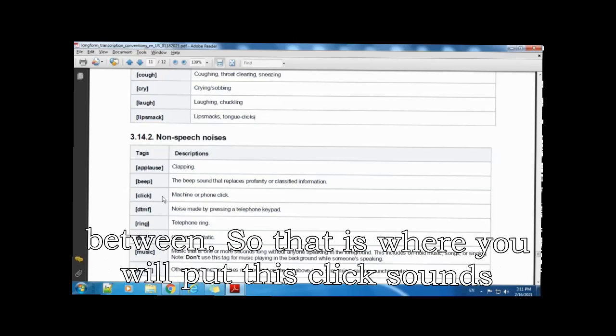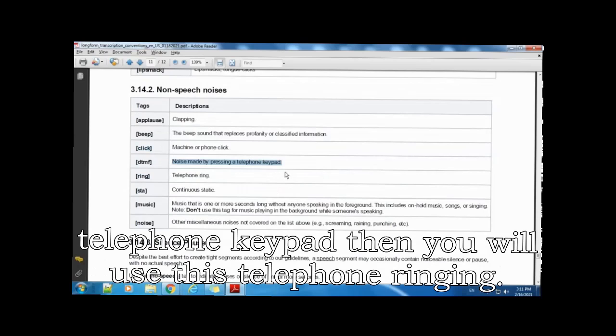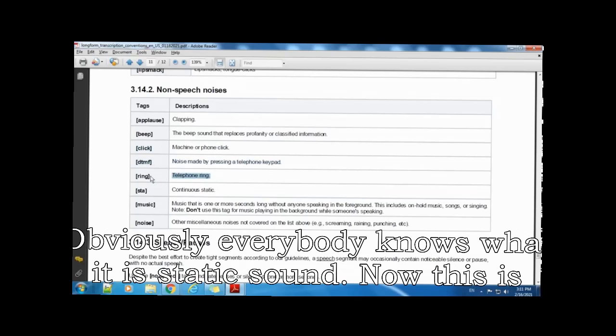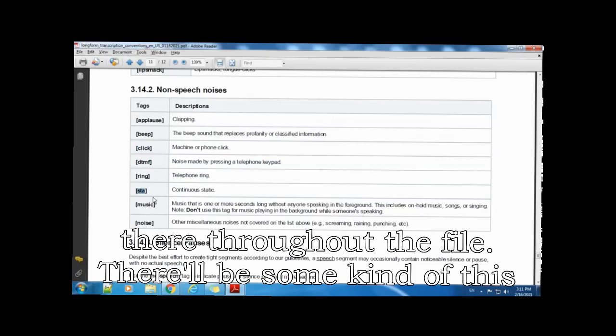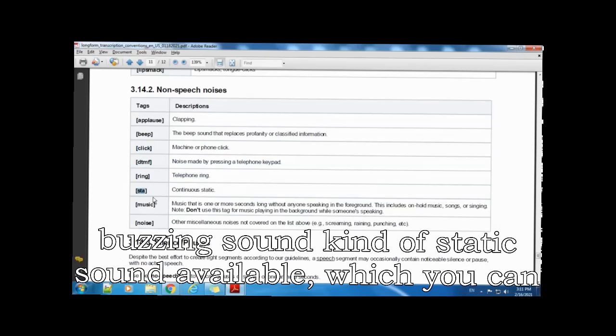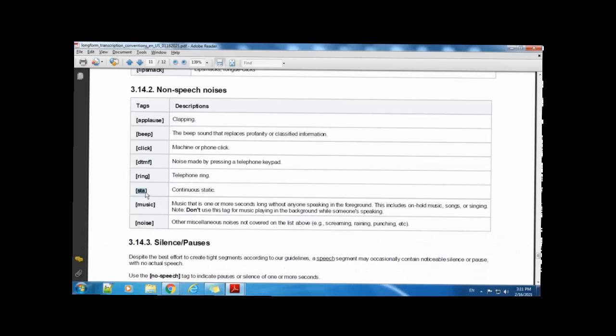That is where you put click sounds. Telephone keypad, then you use this. Telephone ringing, obviously everybody knows what it is. Static sound: this is going to be there throughout the file. There will be some kind of buzzing or static sound which you can hear throughout the file. In that case you use this.